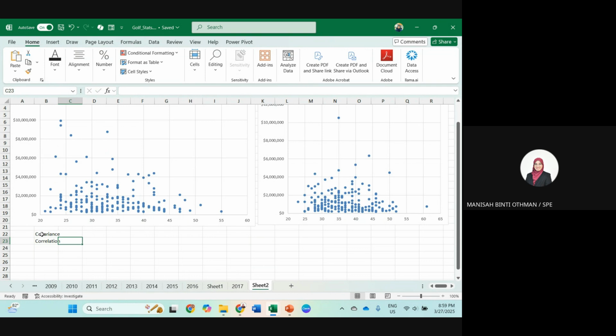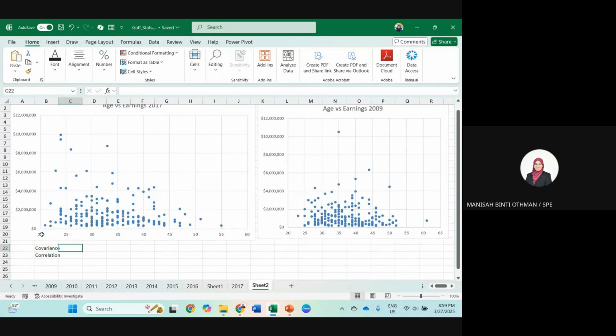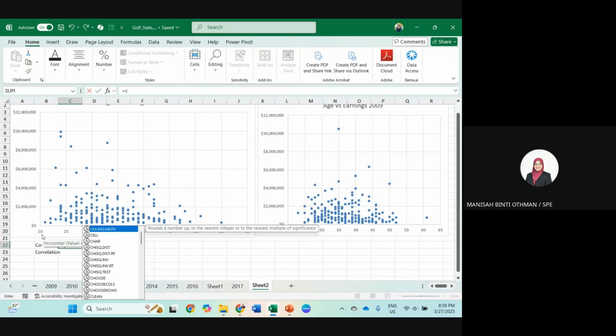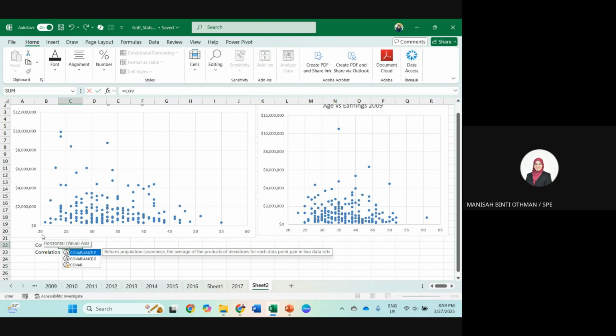Covariance. I want to calculate the covariance for age versus earnings, so type covariance. Is it population or sample?